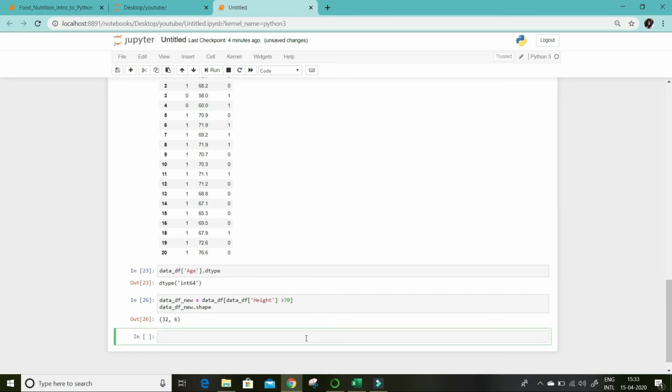So the visualization, or just seeing the data, makes it look great. Which data frame are you referring to? I'm referring to this data frame. I'm sorting the values, sort_values. This is the function that I'm using. I'm sorting by height. So it is very user friendly language, like normal English that you are reading.